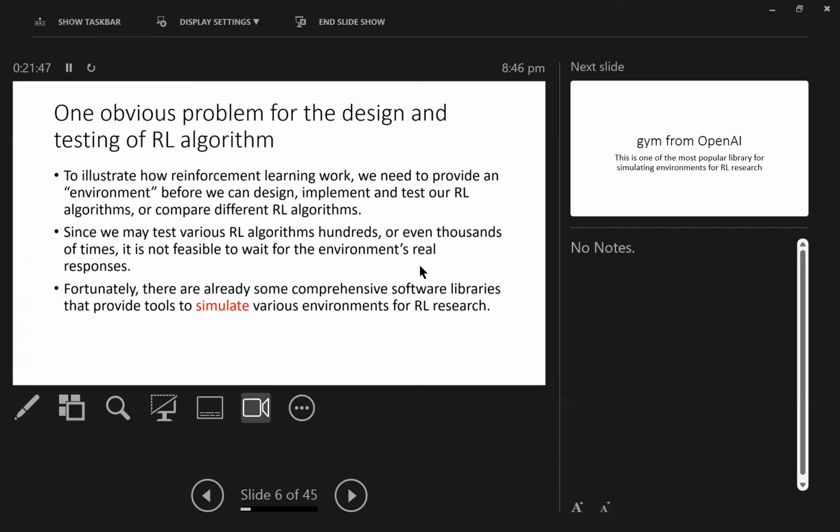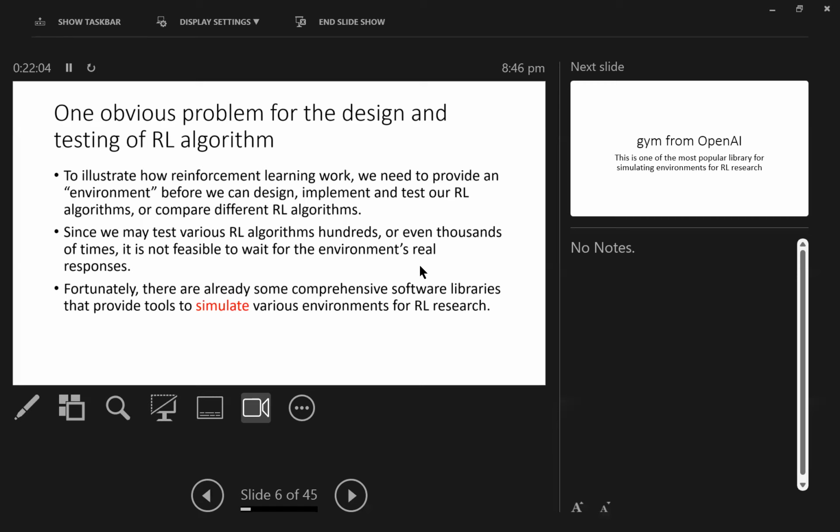Of course, they can write their own simulation program to simulate the environment. But writing their own simulation program can have a very important problem,